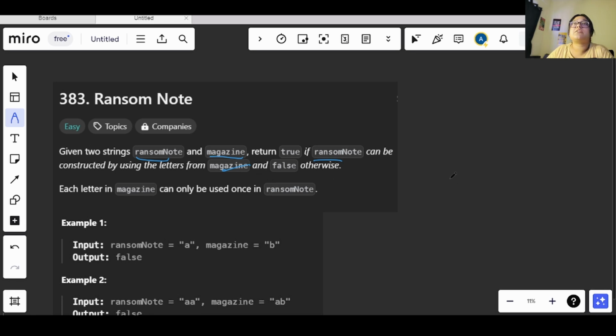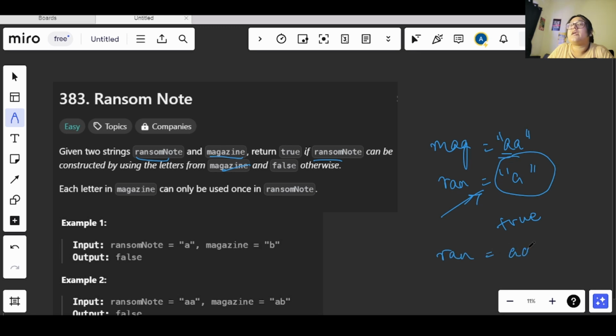Now what it basically means is, let's say we have magazine as A, and in our ransom note we have been given A, okay. So this magazine has A in it, right? So we can construct a ransom note from it, therefore we will be returning true from here. Now let's say as a ransom note we have been given A A A, three A's are there, okay, but in the magazine only two A's are there, so we cannot reuse the same A, okay. For using 3 A's in ransom note we need to have 3 A's in magazine also, therefore in this condition we will be returning false here, okay.